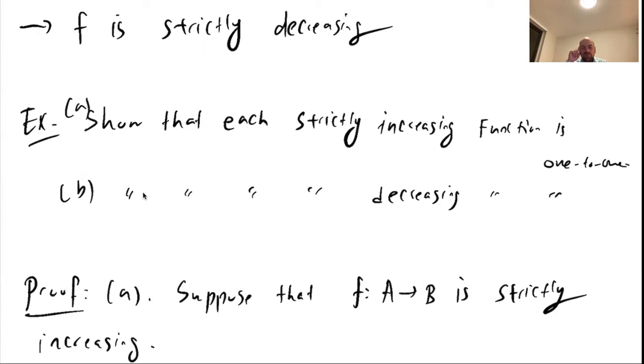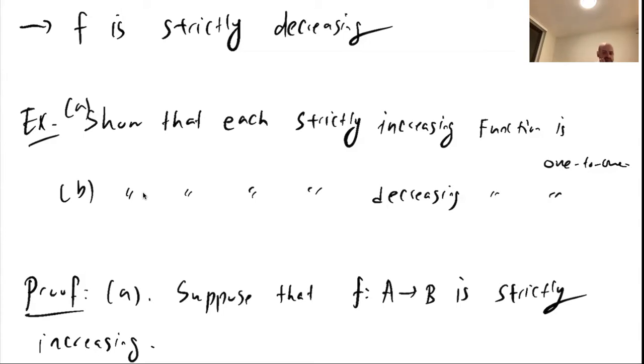Remember, always the proofs has to be in general, not with the example. Some students give an example of a function which is increasing and is one-to-one. Those students won't get any point if this was a question in the exam, because the proof has to be in general. Has to be in general means what? Means use letters, right? So let's consider an arbitrary function, let's say f from A to B, which is